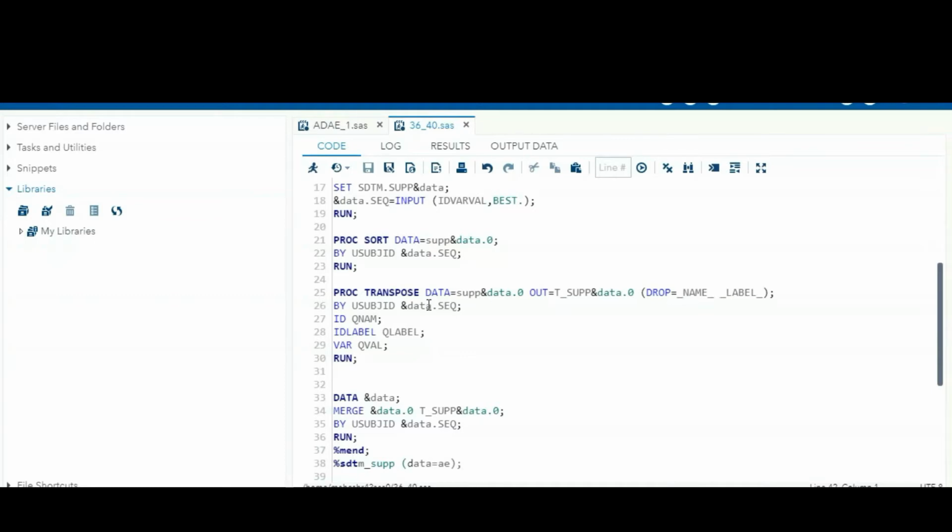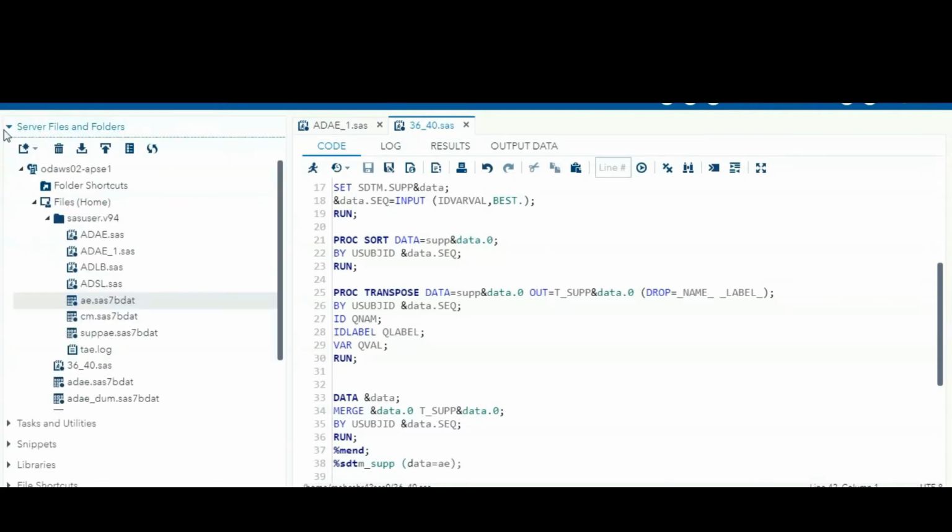How can you handle that case? Every time the data is refreshed, we are not going to check whether the supplementary dataset is present. That is giving a headache, right? Here, the CM dataset is present, but there is no supplementary CM. In that case, how do you handle it?